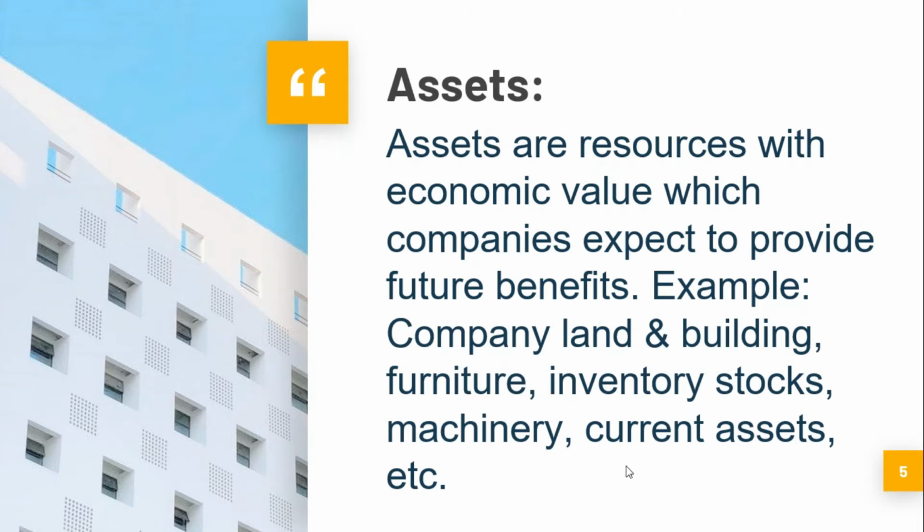Let's take an example of company land. Your company owns a land, and on selling that land, you can generate revenue. So the company land is an asset for your company. Now your company has a few machineries and tools using which you manufacture a product and you sell that product to generate revenue. So the machinery and the tools which you have are helping you to get economic benefit by manufacturing the product. Hence, the machinery is also an asset for you.